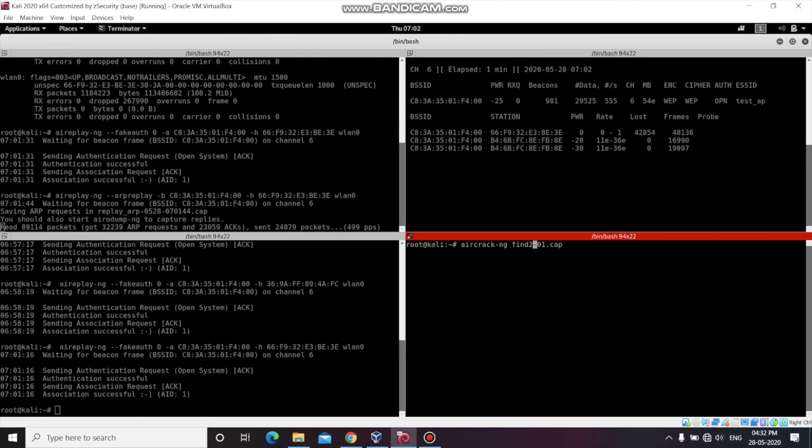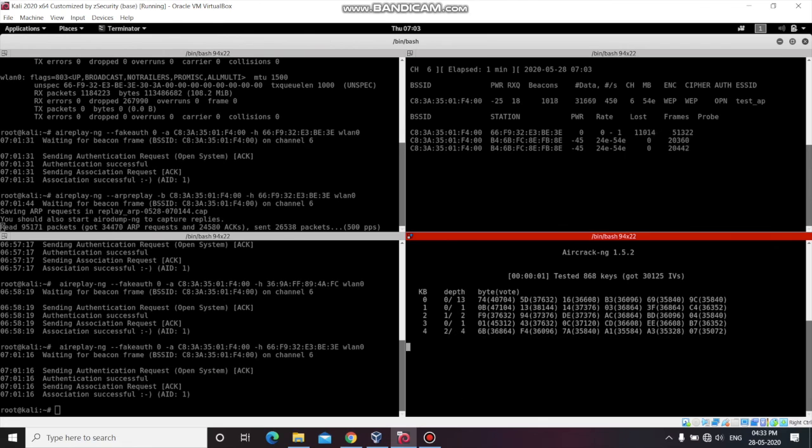Now we have captured around 32,000 IVs, and it is suggesting that we try at 35,000. So we will be trying at 35,000.